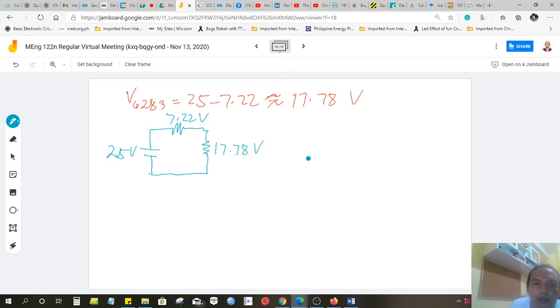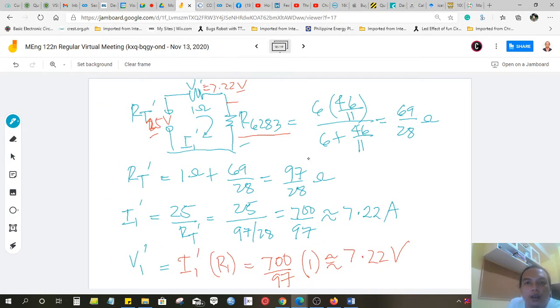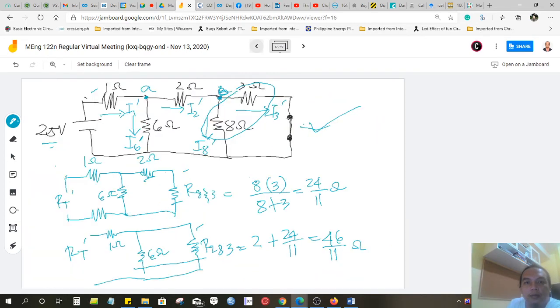Buot pa sabot kining 17.78 volts mao ni ang tungaan sa resistor nga 6 ohm, 2 ohm, 8 ohms, and 3 ohms. So, if we go back to the